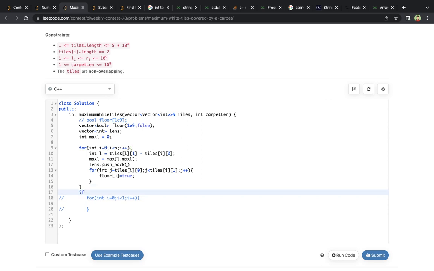So I have a condition that if max L is greater than or equal to the carpet length,